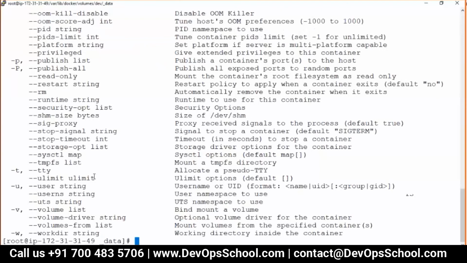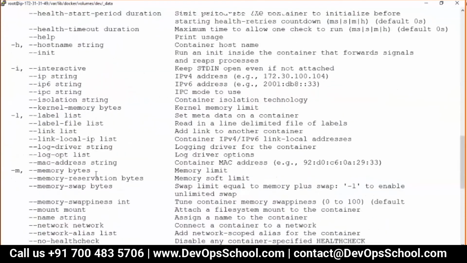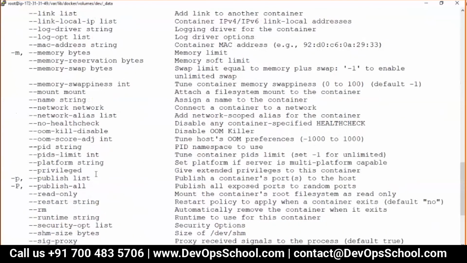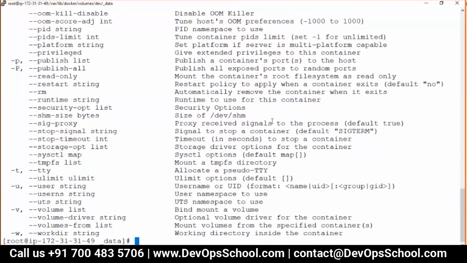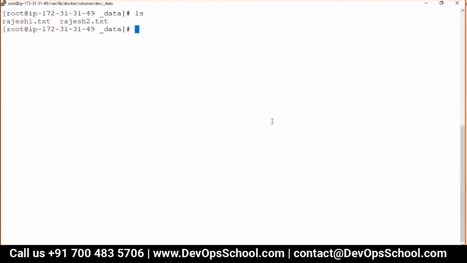Can you help me with this? How can I specify network? The network option. Yes, something like that, --network. Connect a container to a network. If you do not specify a network, it will take the default. But this time I'm not going to do that. I want to run the container in a different network. Which network? Dev network. So can I do that?